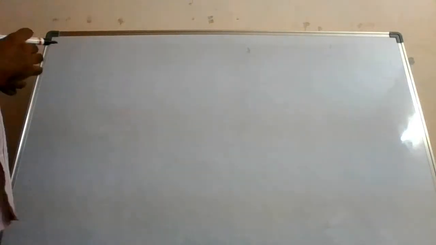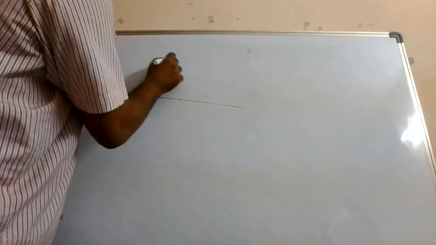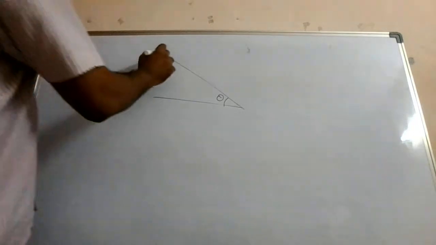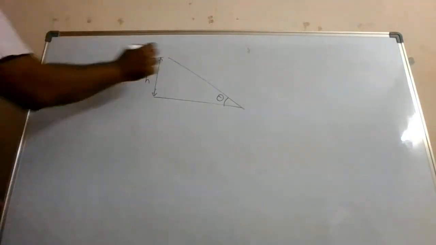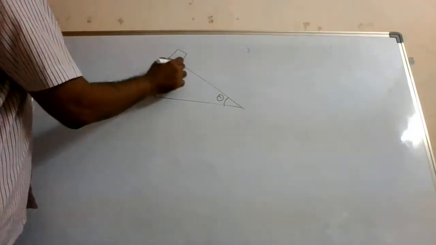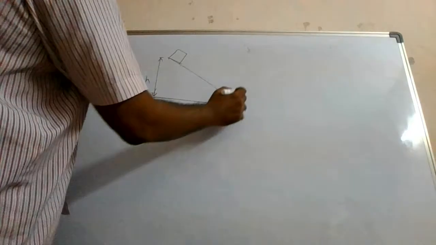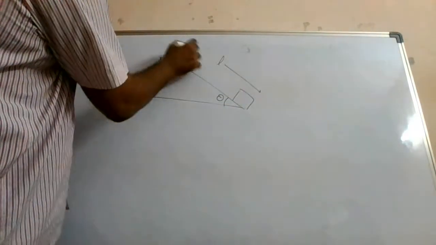So, in continuation to our last class, we were talking about rolling on an inclined plane. Let us try to understand this. Suppose there is an inclined plane making angle theta. Let us say this height is h. There is a block or a sphere of mass m. Now this block is sliding to this position. Let us say this inclined length is L.